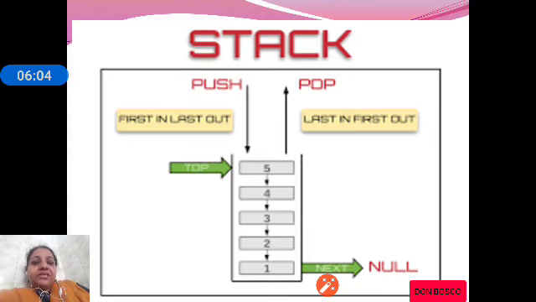So popping means removing an element from the stack, and pushing means adding an element to the top of the stack. In the stack, either insertion or deletion, both are done at the same end, and that end is called top. Whenever you add an element, it will be added above 5. If you are removing an element from the present stack, you will be removing 5 from the stack.